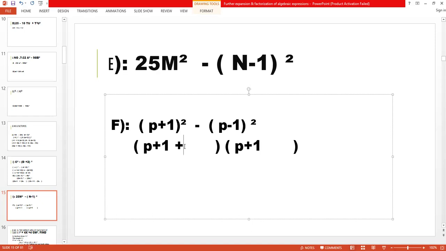So you have to add this P minus 1. Okay. Again, you have to write here P minus 1. But this time you have a negative sign. This negative sign shows that it will multiply with both of these two. So before opening, you have to multiply this minus sign with both of these two terms. So plus into minus is equal to minus, and minus into minus is equal to plus. I will tell you how we have to write in this step.